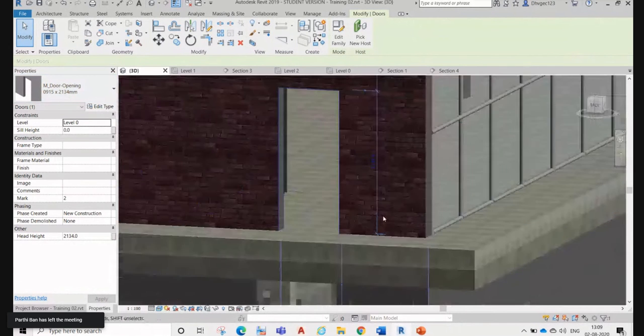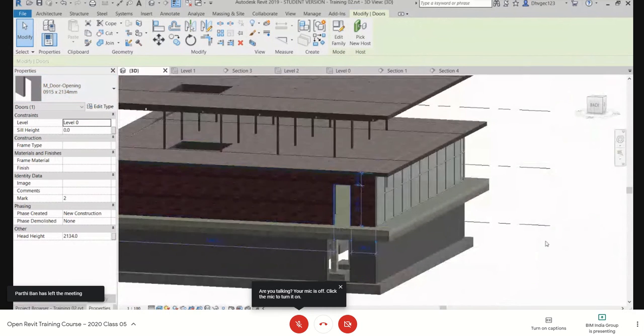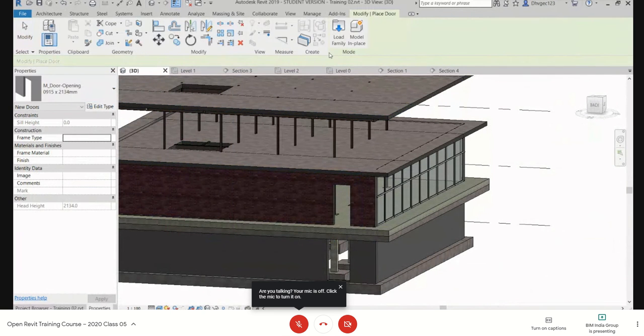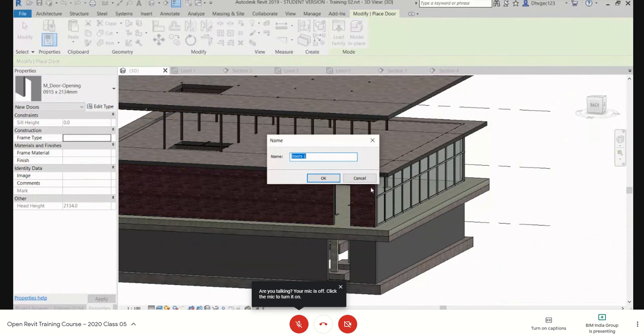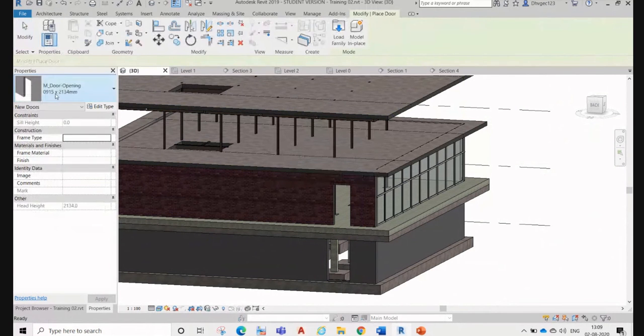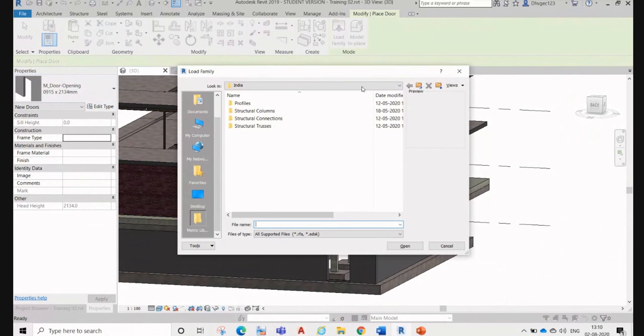It's just an opening. It doesn't have a frame. So for that purpose, what we can do is go to door and load family. We don't have that family, so we can try to load family.